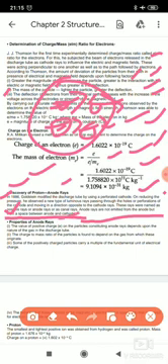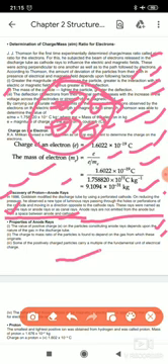The value of positive charge on the particle constituting anode rays depends upon the nature of the gas in the discharge tube. The value of positive charge on the particles which make the anode ray depends on what? The nature of the gas in the discharge tube. The charge to mass ratio of the particle is found to depend on the gas from which these originated. Some of the positively charged particles carry a multiple of the fundamental unit of electrical charge.